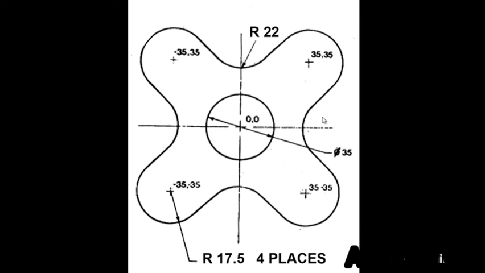Next, we will consider this example. In this figure, we have 5 circles, and each circle at the corners has its center point located in each quadrant. The center point of this circle is at 35, 35, which is in the first quadrant, and this circle is in the second, and this is in the third, and this circle is in the fourth quadrant. How will you find out the coordinates for the lower left corner to set the limits? Here, the coordinate is minus 35, minus 35. That means you should give a value which is below minus 35 so that the circle will be within the screen.